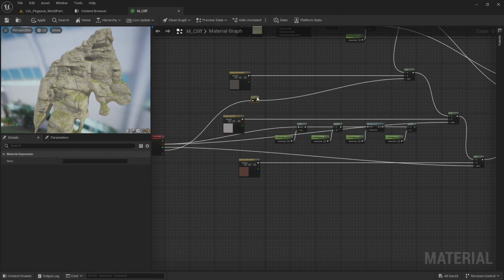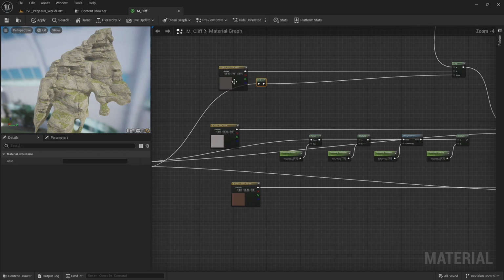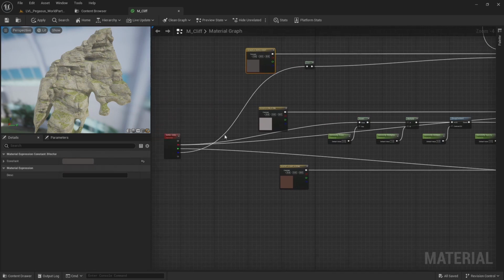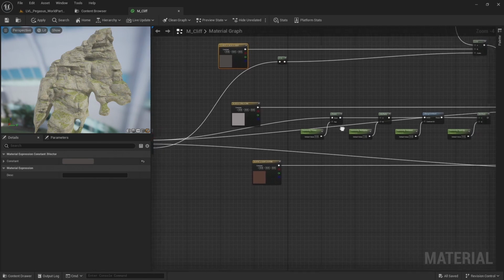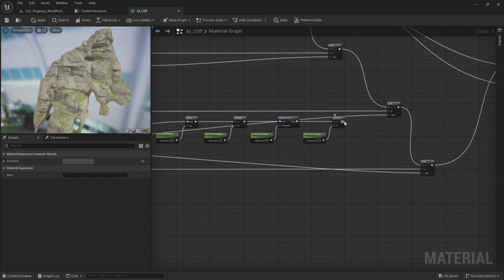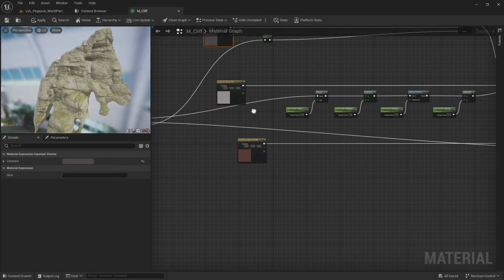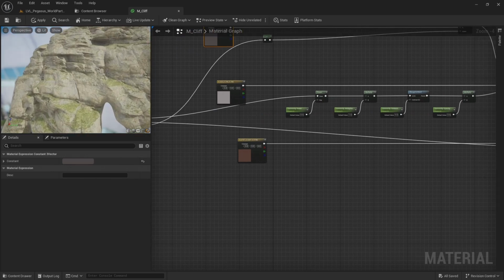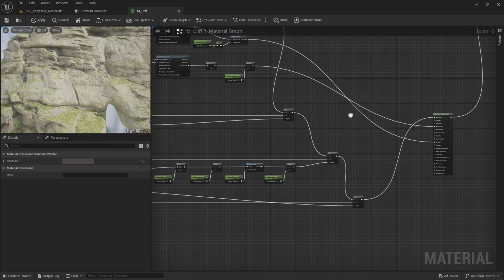So this is for the ambient occlusion mask from the blue channel. We have the red channel for the vertex color that's coming into this power node. And now I'm going to connect this multiply to the alpha on the second lerp. And if we now look up at our geometry in the viewport,